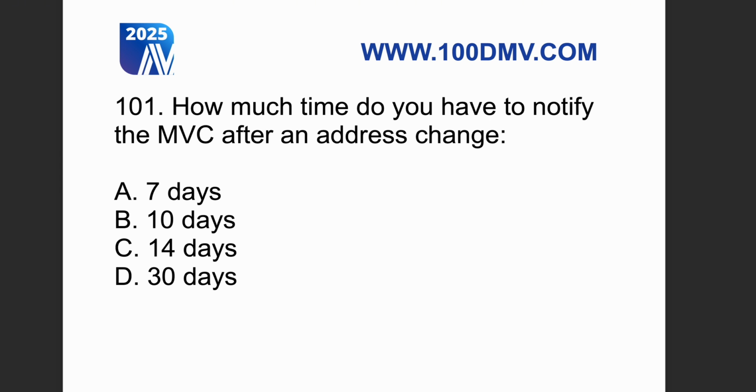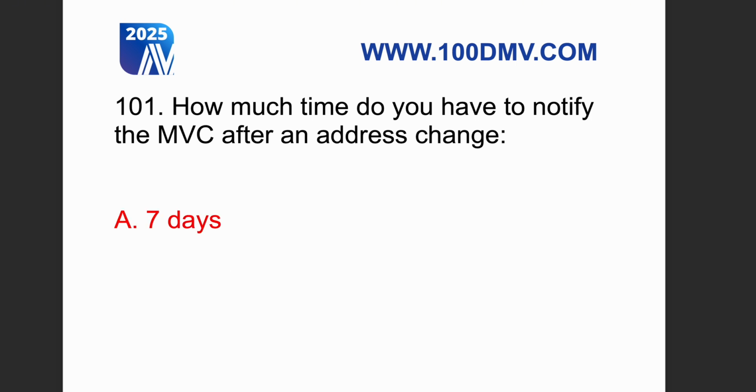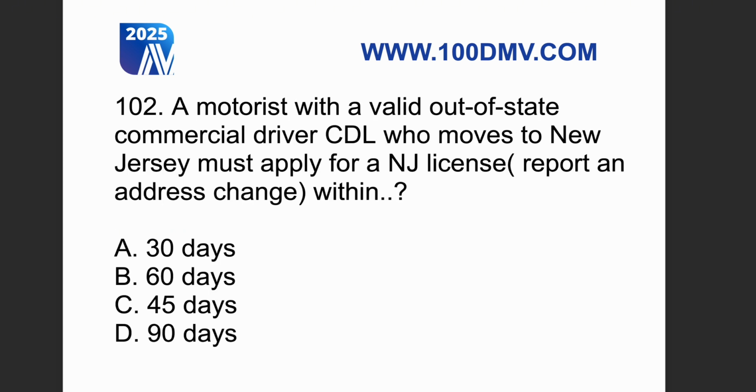A. 7 days, B. 10 days, C. 14 days, D. 30 days. Correct answer? A. 7 days. 102. A motorist with a valid out-of-state commercial driver CDL who moves to New Jersey must apply for a NJ license, report an address change within